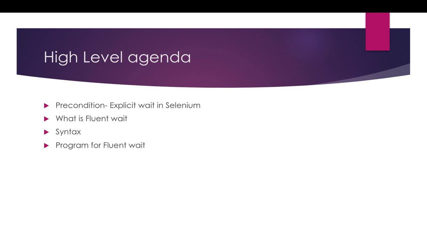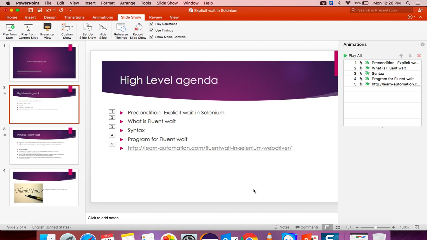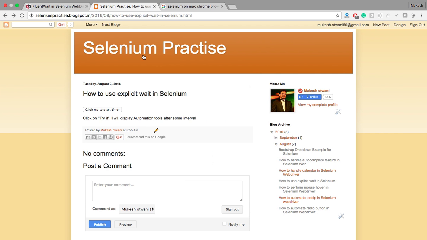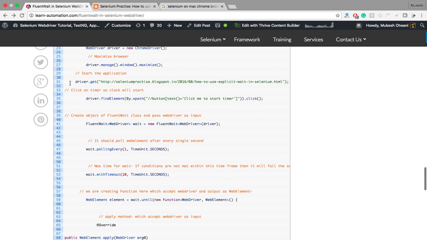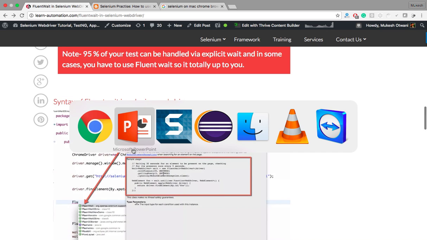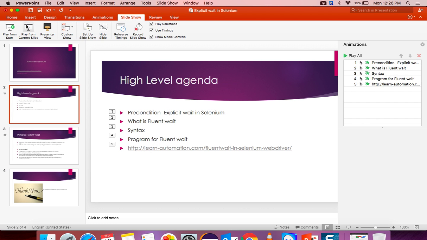We'll write a quick program for FluentWait, and you will find the same code in the below URL, FluentWait in Selenium WebDriver. So I will show you one by one. The complete article you will find, I will give in the description. So now if you talk about